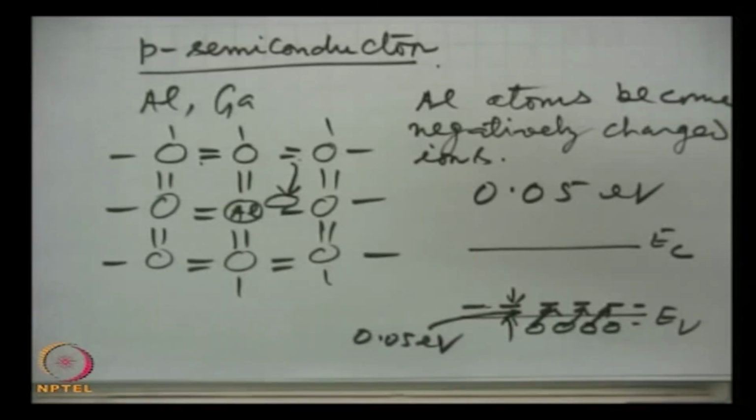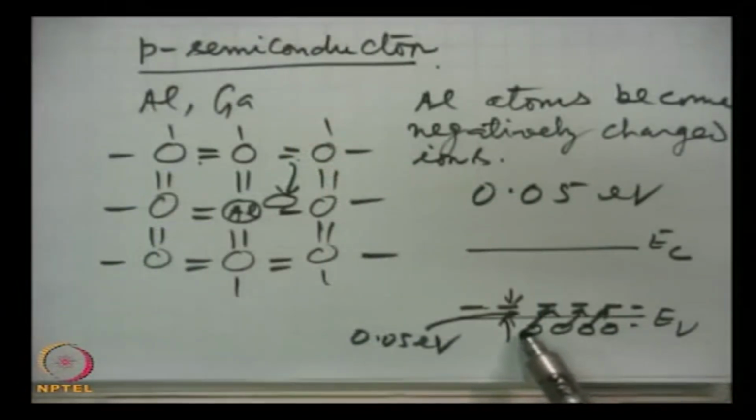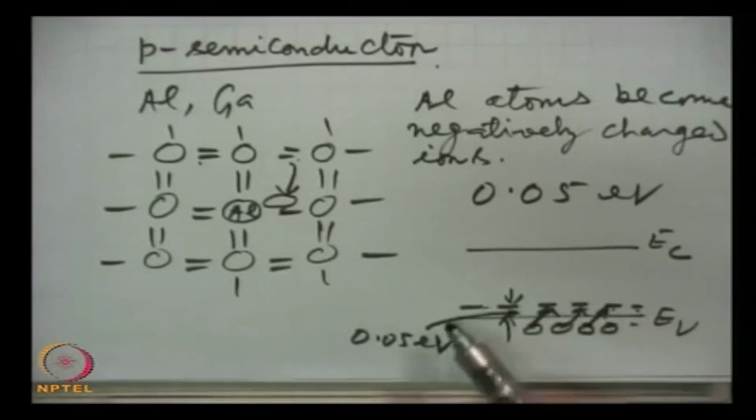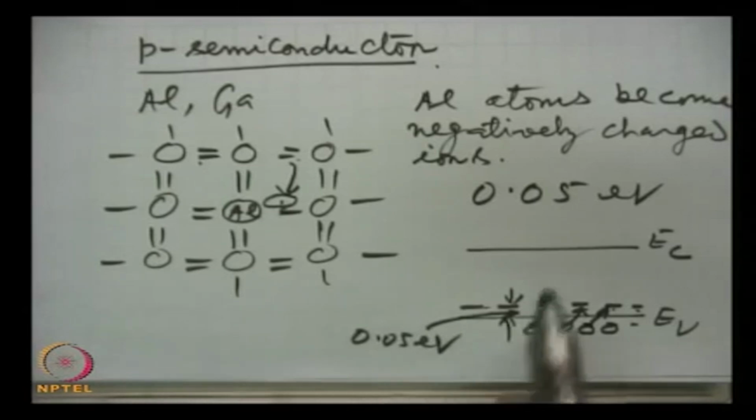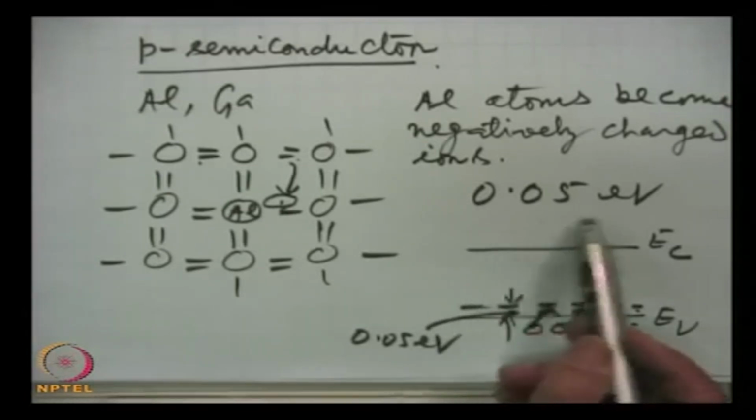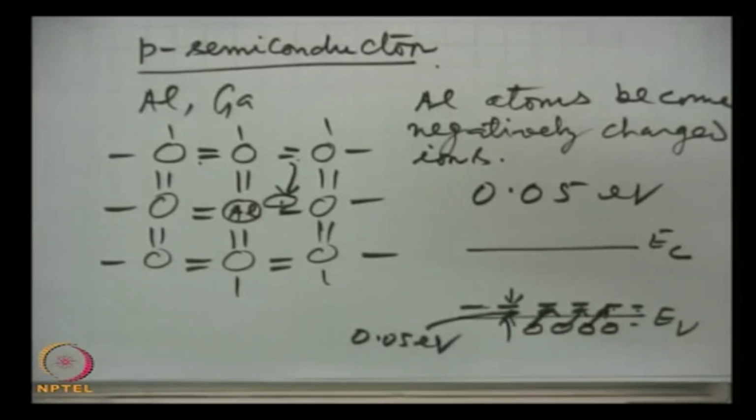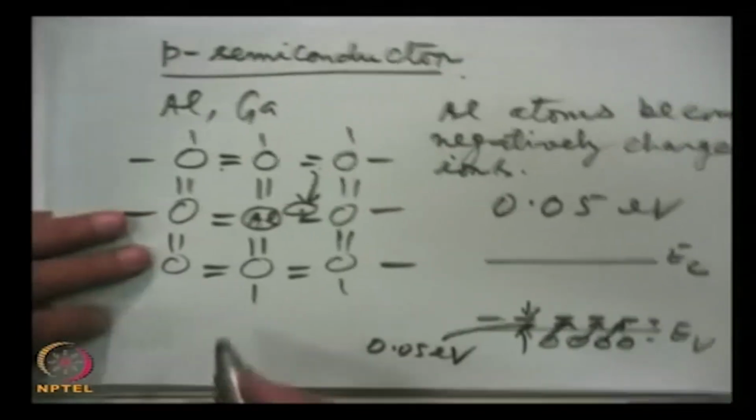Again, as I said in the case of the n type semiconductor, each electron which was released from the fifth group impurity atom, the dopant, was in excess over the thermally generated charge carriers otherwise. That means, as it happens in the intrinsic semiconductor. And here, when this electron moves to this impurity energy level, it does not release any electrons in the conduction band. So, this material will be rich in the hole density. This third group impurity is called acceptor